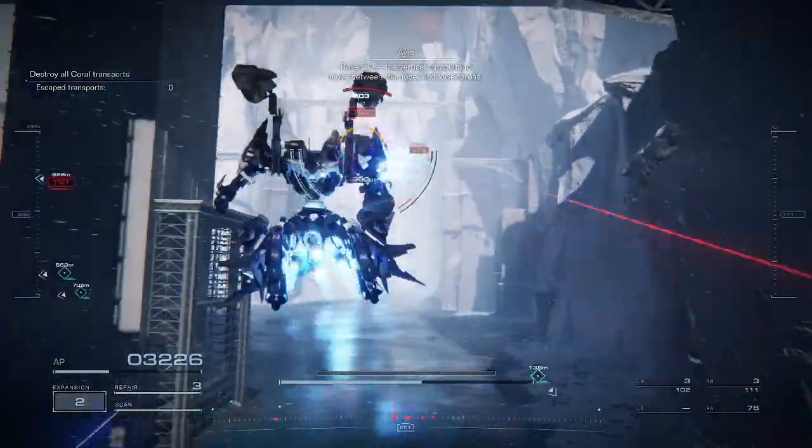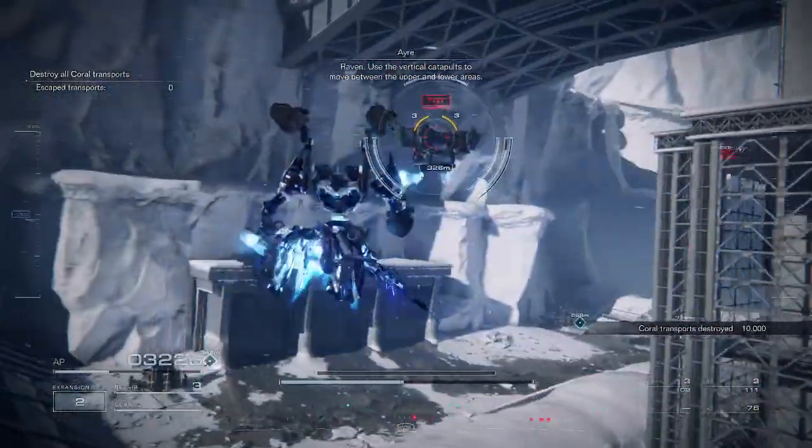Raven, use the vertical catapults to move between the upper and lower areas. We can